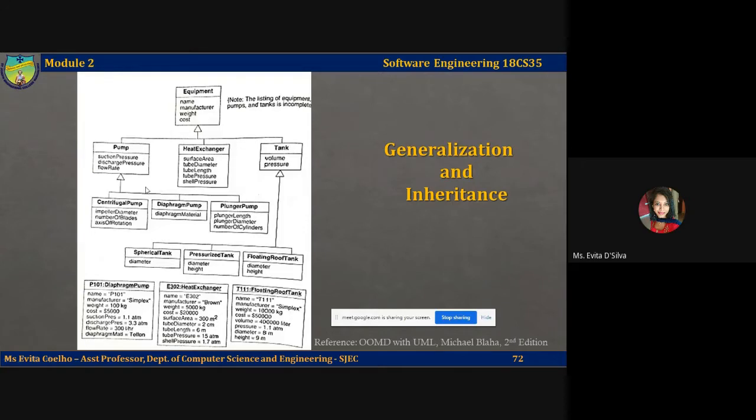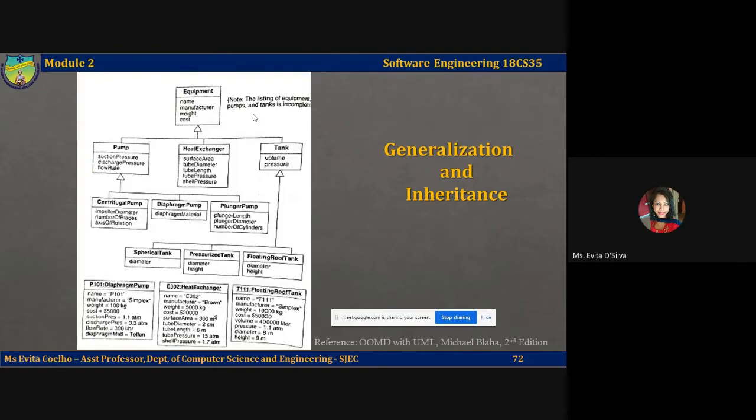A large hollow arrowhead, as shown here, denotes generalization. The arrowhead always points to the superclass. You may directly connect the superclass to each subclass. Suppose the equipment now has three subclasses. You may connect each of them individually, but we prefer to group subclasses as a tree and point one arrowhead to the superclass. The curly braces here denote a UML comment. In this case, it indicates that there are additional subclasses that the diagram does not show.